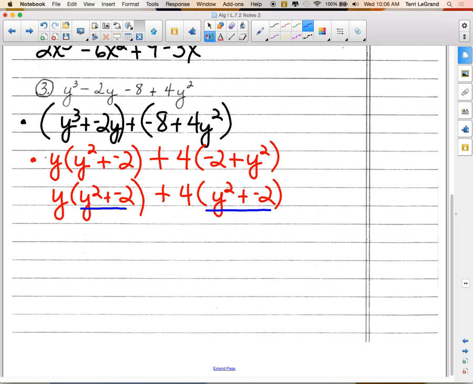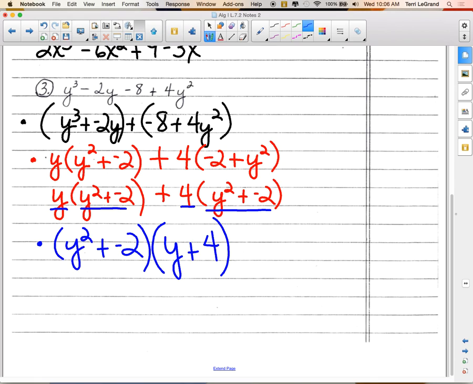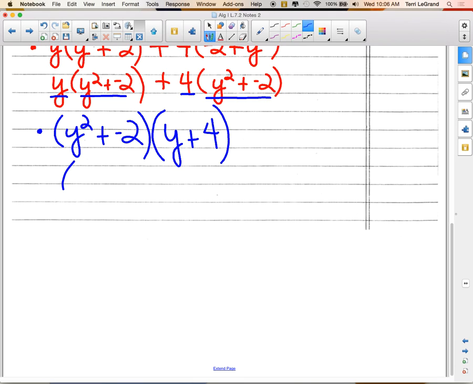So now we can say that is our GCF of our whole thing. And the other factor, multiplication, no addition here. The other factor is what then? Y plus 4. Clean this up. Y squared minus 2. Y plus